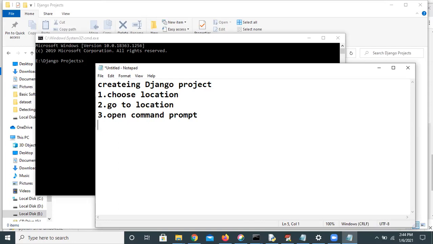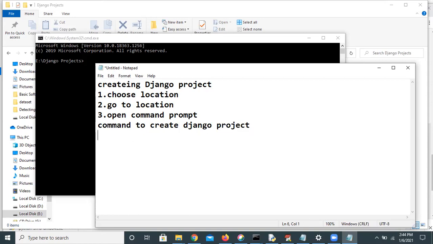Here that also has a command. Command to create a Django project. Everybody, note it down properly.